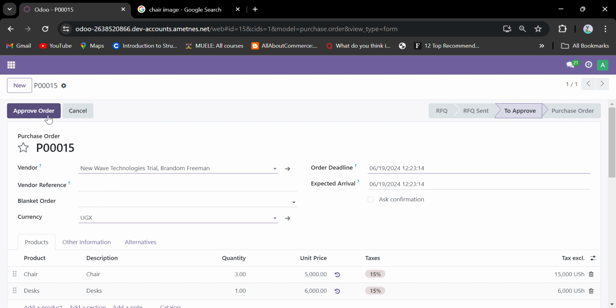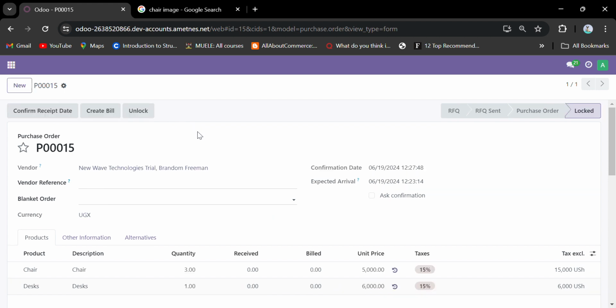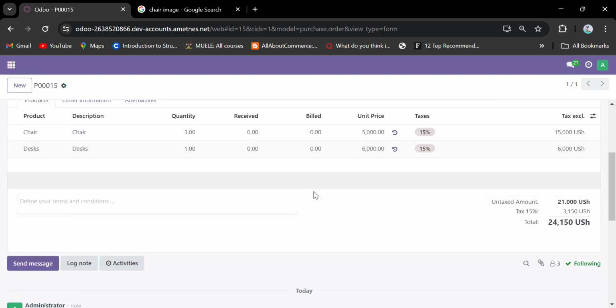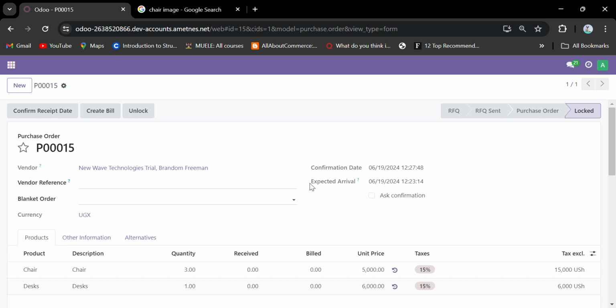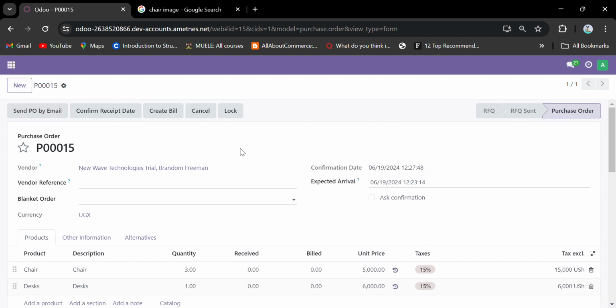So I'm just going to approve this because maybe no concerns were raised. And once I'm done approving it, it's locked. You can unlock this so that you can do any other actions on it, or you can just create a bill for it. So you can send this purchase order by email to this vendor. Make sure the vendor has a valid email to receive this purchase order. So once I click this button,